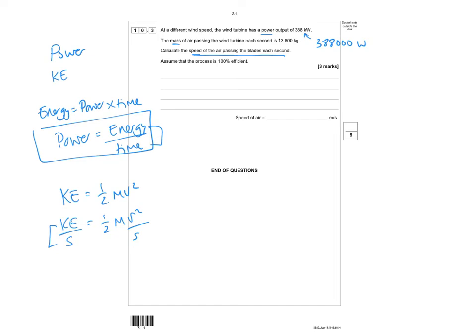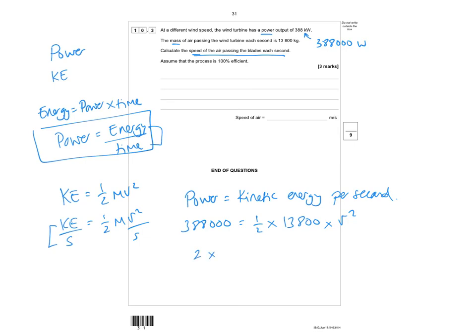So by putting the equations together, we have power equals kinetic energy per second. So the power is 388,000, and that's equal to a half times mass, which is 13,800,